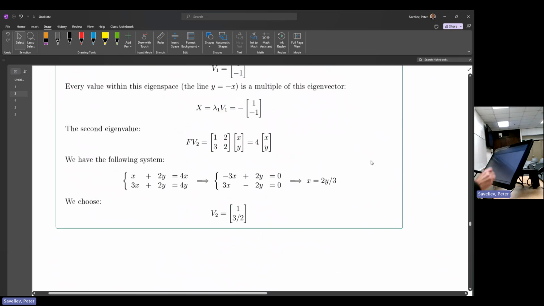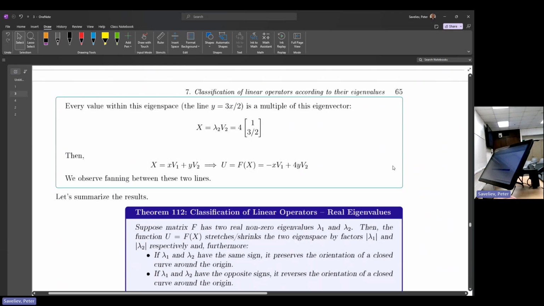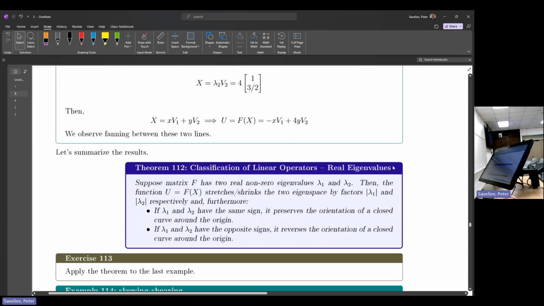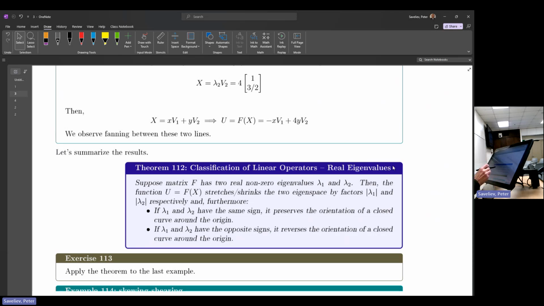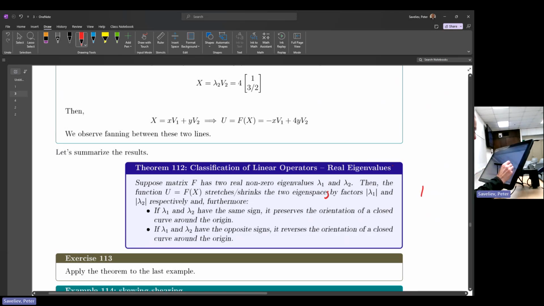So otherwise, just read this. Okay, so let's summarize what we have acquired. So once again, a matrix with 2 real non-zero eigenvalues. Okay, so they could possibly still be equal to each other. Then the function defined by that matrix, the linear operator, stretches or shrinks the 2 eigenspaces by factors lambda 1 and lambda 2 respectively. Okay, they could be equal, and then